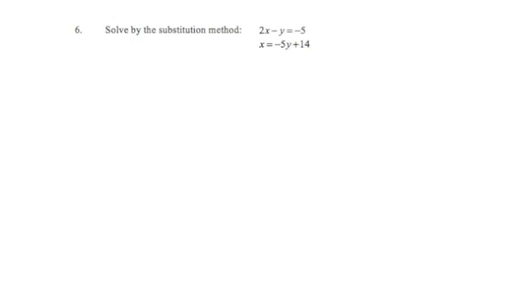Now we'll take a look at question 6. In question 6, we're asked to solve this system of equations by the substitution method. Again, we'll have to add our brace there to indicate that this is a system of equations. With the substitution method, we want to isolate one of the variables and then substitute it back into the other equation. Question 6 is actually really nice because you can see that we have x isolated right there. We know what x is equal to. So we are going to take that expression there and put that back up into the other equation